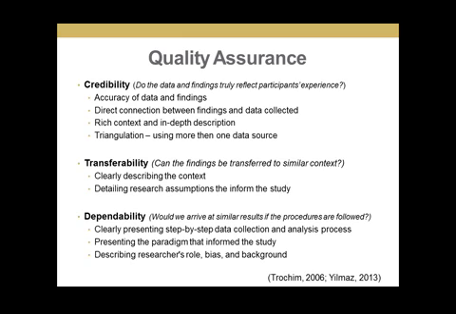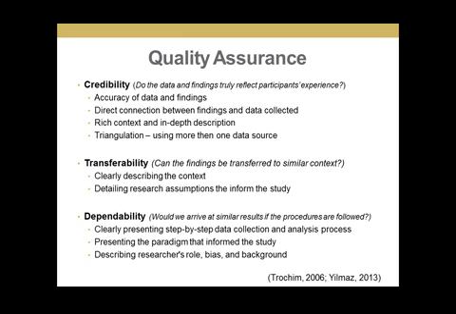The next one is transferability. Can you transfer the findings to similar contexts? The only way you can do that is to describe the context, right? So in a qualitative study, the context is everything. The situation that influences participants' information. So to describe what they are experiencing, you have to ask them more information about what are the things that influence, or what are the things that will help you to understand the information that they are presenting to you. So always describe the context, right?